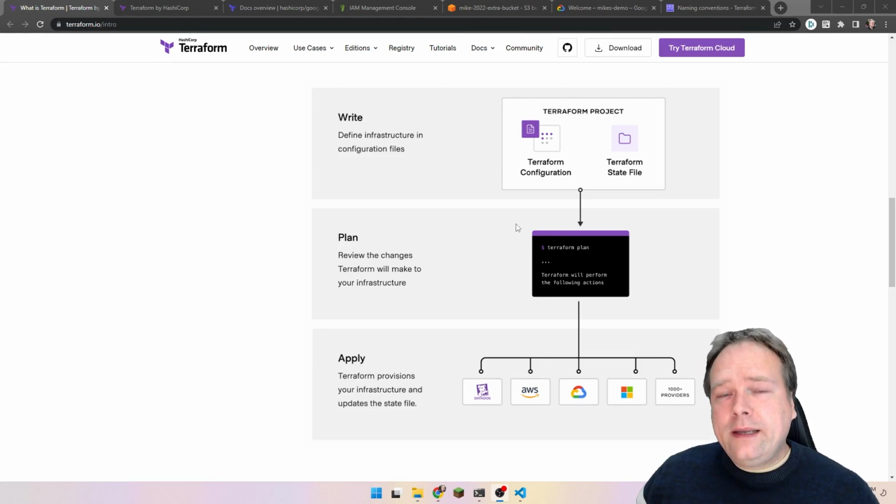Then we have apply. This is where it actually is being applied. This is where we are creating our resources in the cloud, or deleting or changing our cloud's name if that's what we want to change. So the apply is of course the dangerous step, and there's another step named destroy, which is of course also very